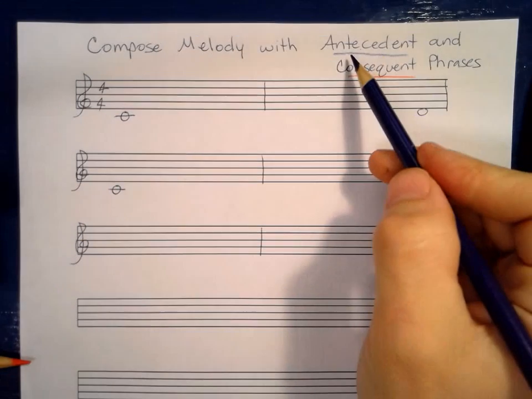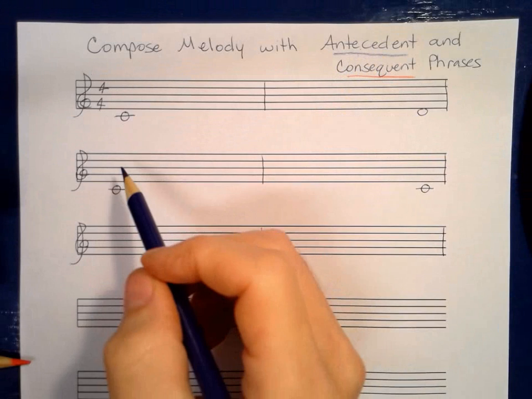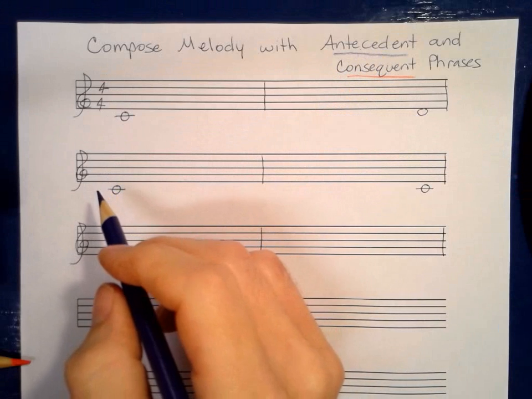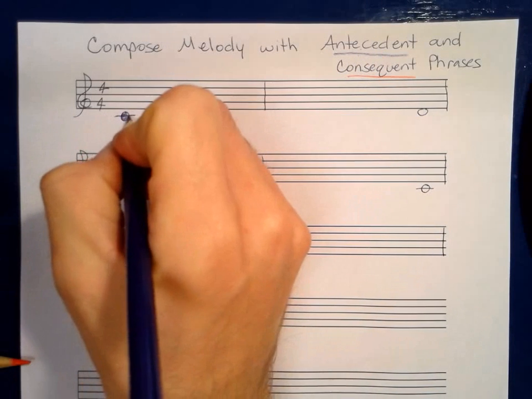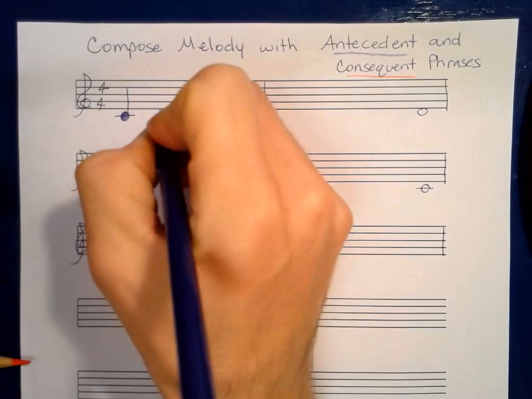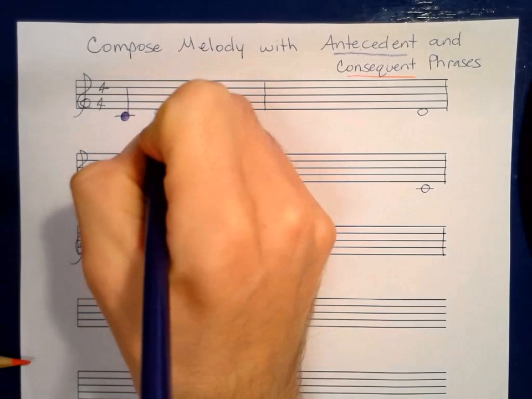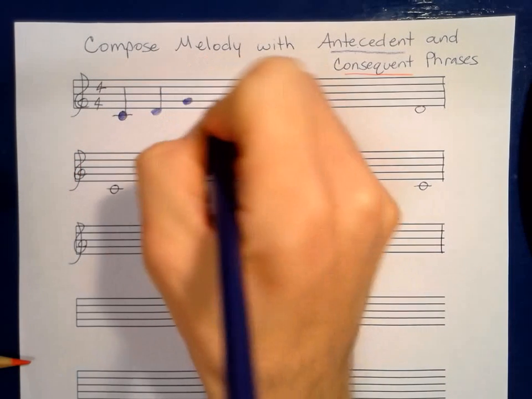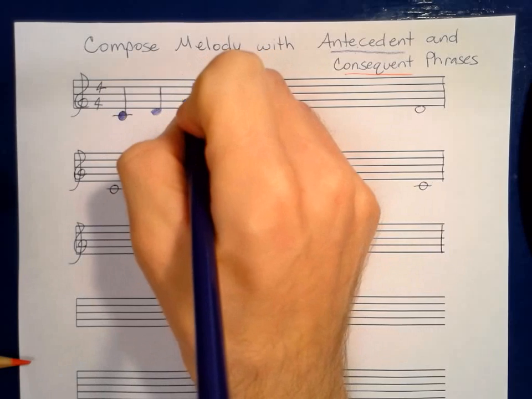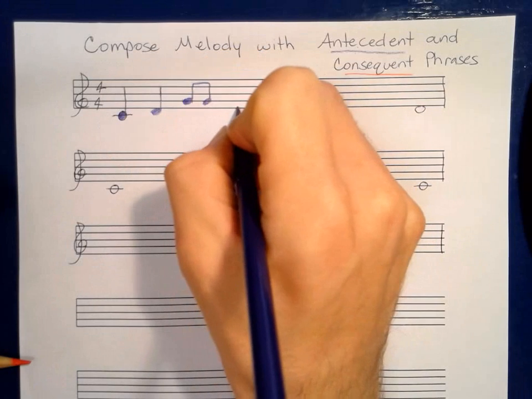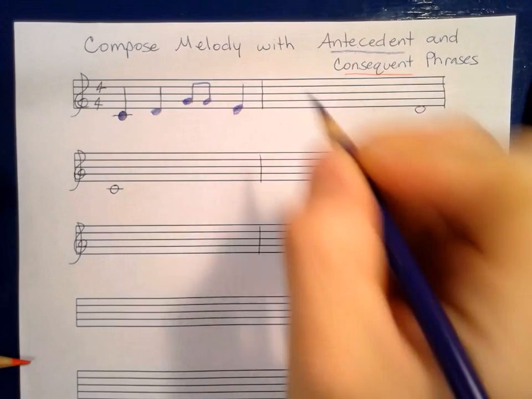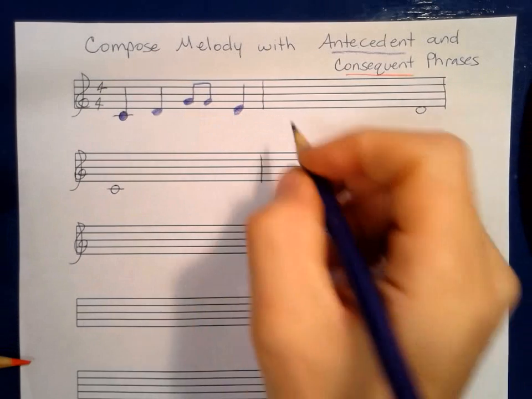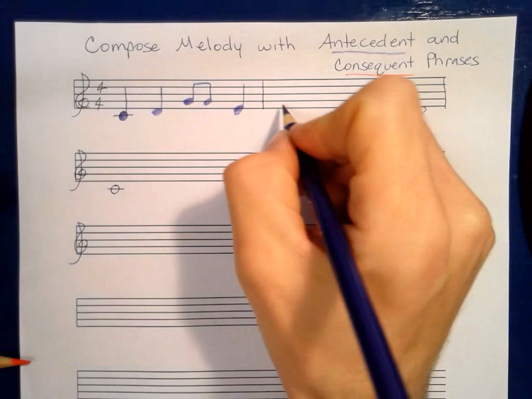So then I'm going to take a color for the antecedent. Obviously, you could experiment on an instrument in order to figure out what melody notes you would like. In this case, I'm just going to write out an example for our purposes. And you can use any of the rhythms that you feel comfortable with. I'm just going to write out a few that I think will sound all right. So we have my first measure, and now the second measure. Remember, I'm going to end on a D, so I need to do something with my melody